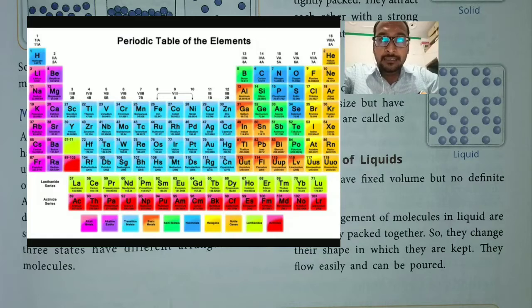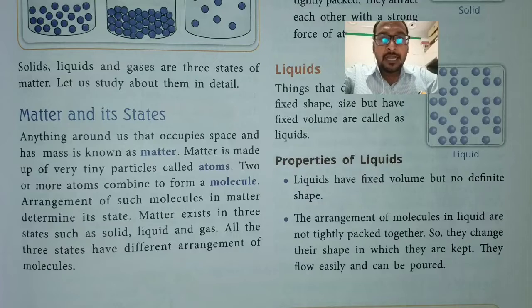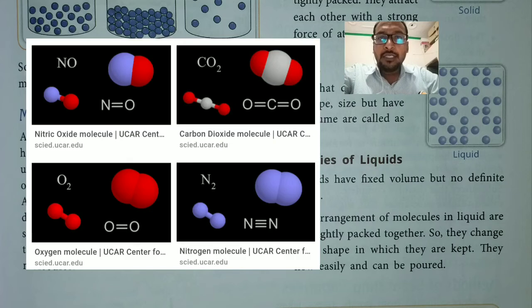Okay, in an atom the atomic structure shows the configuration of each element. 2 or more atoms combine to form a molecule. What is a molecule? Molecule is a stable state. When an unstable atom combines with another unstable atom, then they both become stabilized and a shape is formed that is called a molecule. So the size of the molecule is bigger than an atom.